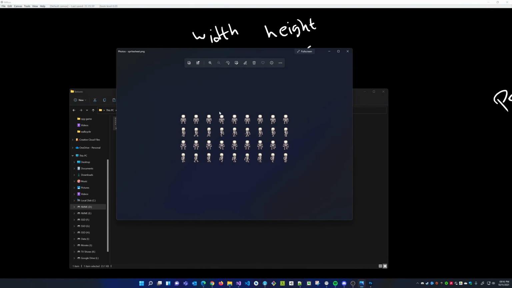We need to figure out how big each skeleton is, right? This is the entire image, and when I want to render this, obviously, I'm not gonna render the entire image. I just want to render a part of it. So I need to figure out what every image is. From the looks of it, this is a 64 by 64 image, but we can be sure by doing one thing. We need to count how many skeletons are in a row. So this is 1, 2, 3, 4, 5, 6, 7, 8, 9.